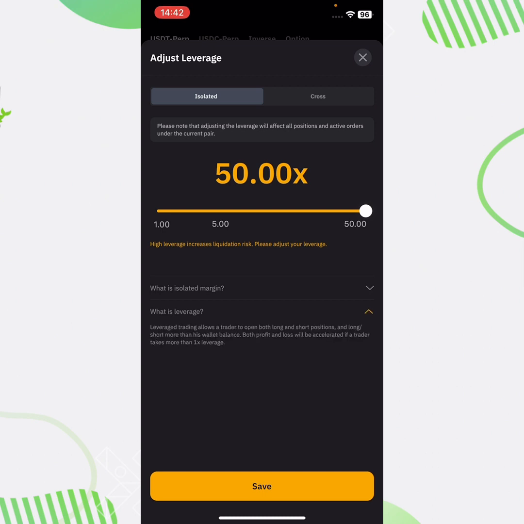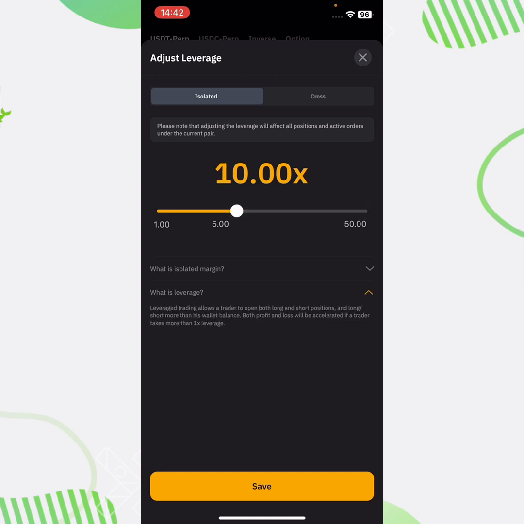So what does this leverage do? Just like I said, it can magnify our losses and it can as well boost our profit, depending on how the outcome of our trade becomes. So you can see here they say leverage trading allows a trader to open both long and short positions. They say both profit and loss can be accelerated if a trader takes more than 1x leverage. So the moment you take a leverage that is more than 1x, then it will have an effect on your